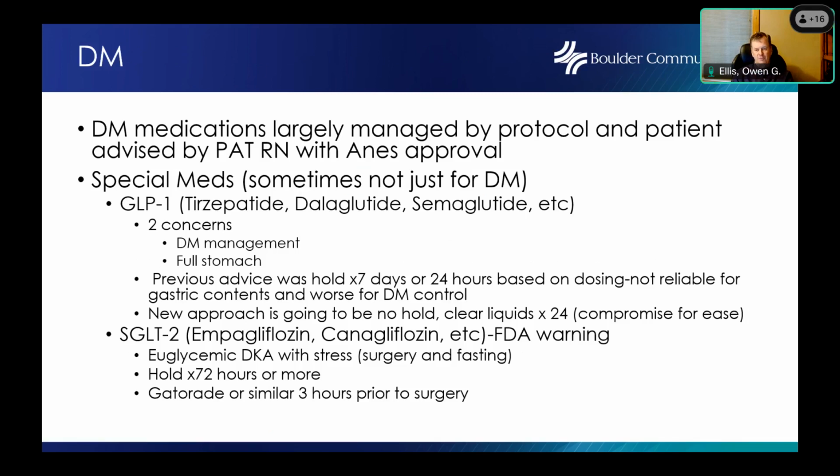So diabetes, we actually have a protocol for it. The protocol is for people who don't have pumps. People who have pumps and or continuous glucose monitors, we ask them to bring those, and we will actually run the continuous glucose monitor. We can look at the continuous infusion. If they have it, we can look at it real time. We can watch it during surgery, so it's pretty useful. But if not, there's a protocol about 2/3 of your Lantus the night before and half your regular in the